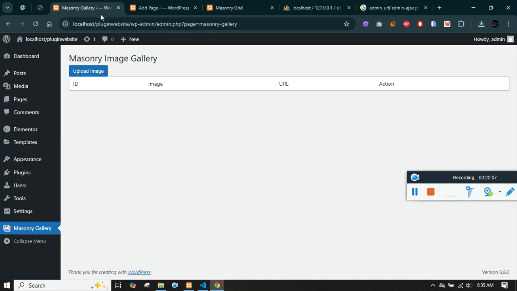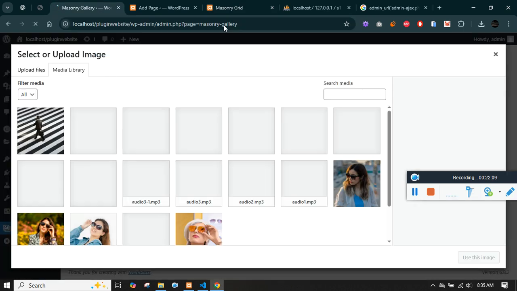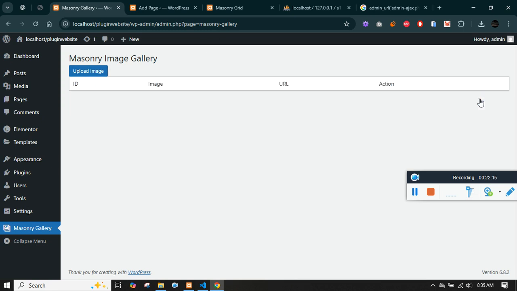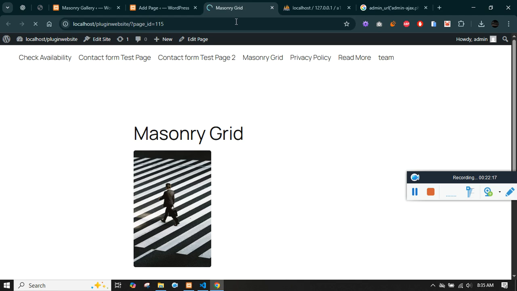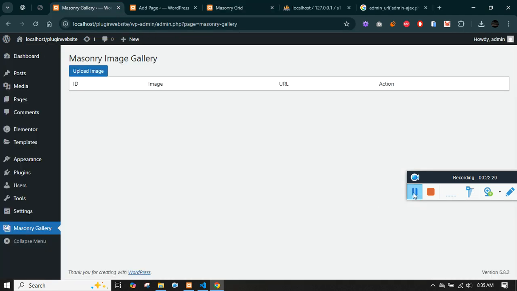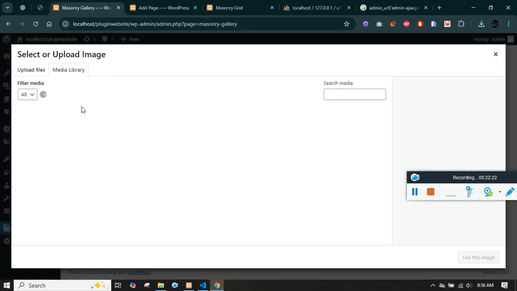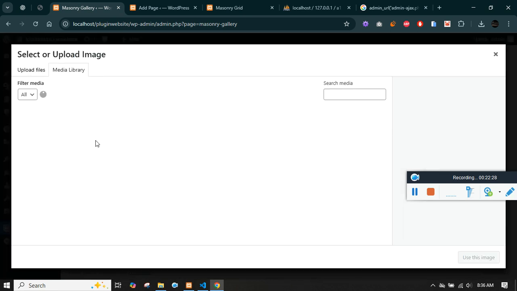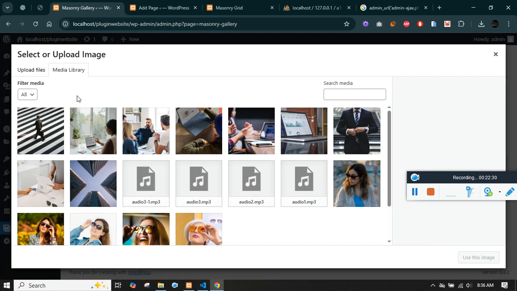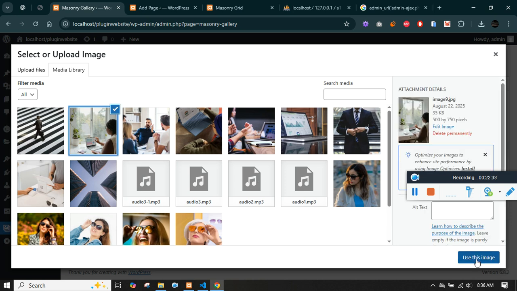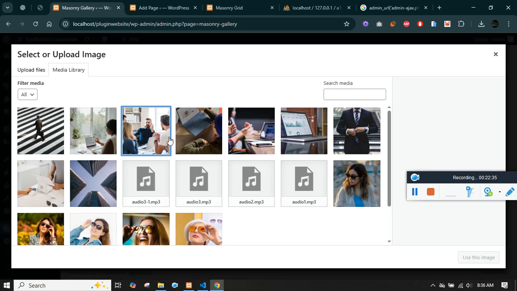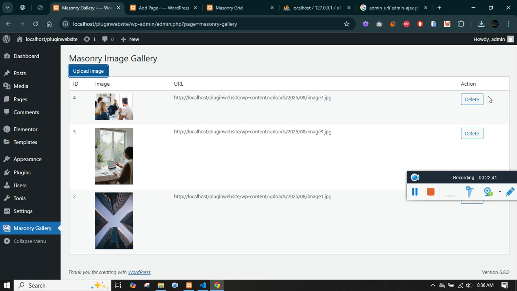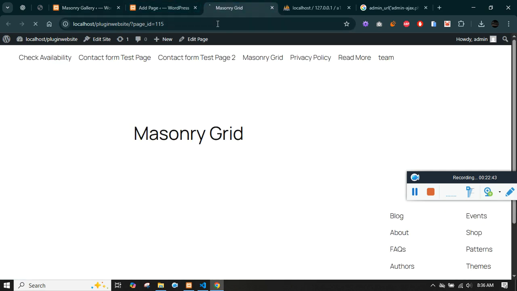the image which I added is displaying here. Now let me add some of the images. Let me just refresh it. Let me see whether the delete operation works or not. I refresh this page, it shows up but it's not deleted. Yeah, it works. Now if I select some of the images, let's say this one, use this image, use this image, use this image, and if I click on the front end, you should see